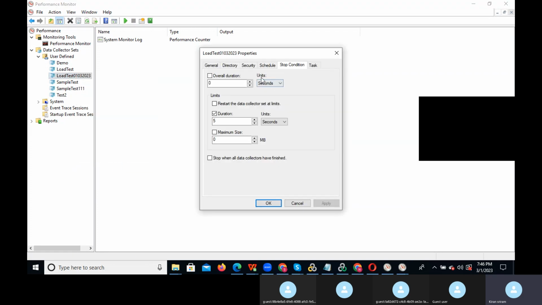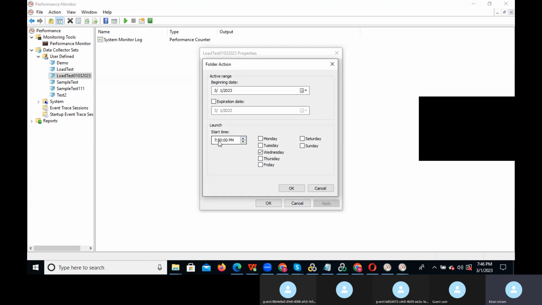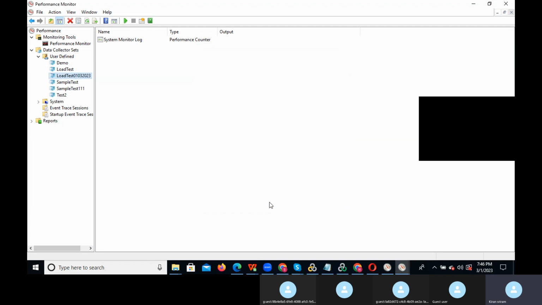Again go to the properties and schedule. If you want to edit, click on edit and you can give the time 7:50, right? Okay, it's fine. 7:50, 7:46, right? Okay, so apply. You should do these things if you are using any monitoring tool